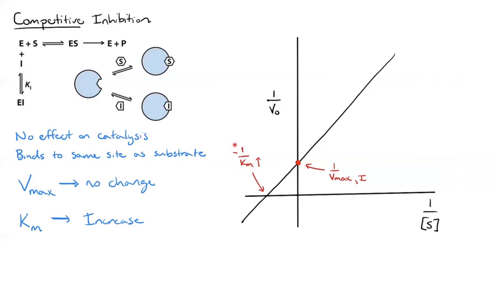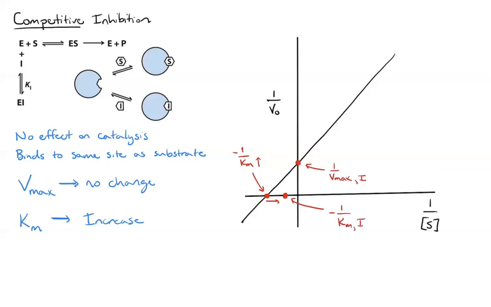If we just take a look at this value and we increase the denominator, then this value is going to get smaller and smaller, less and less negative, and it's going to approach 0, right? So we're going to be shifting this x-intercept here over to the right on this graph. And this would be our x-intercept for the inhibited state,